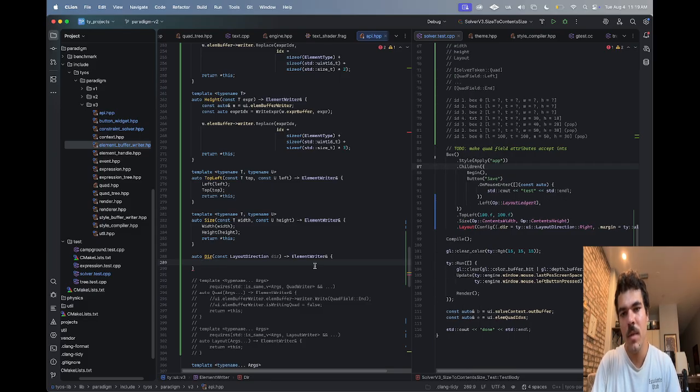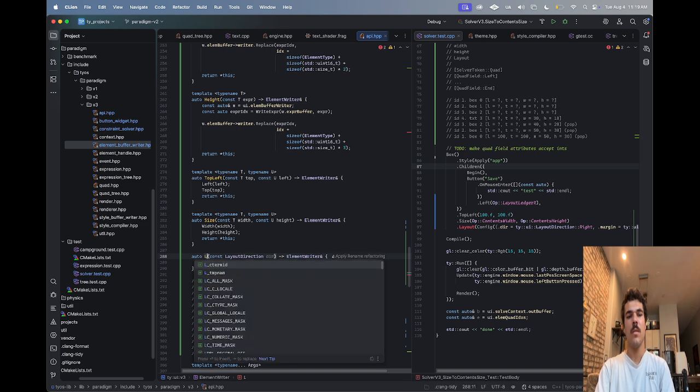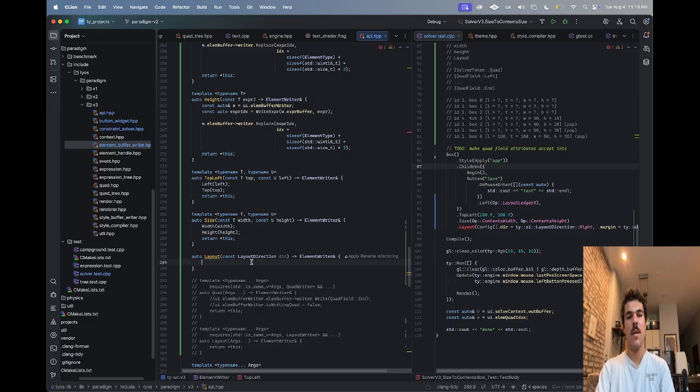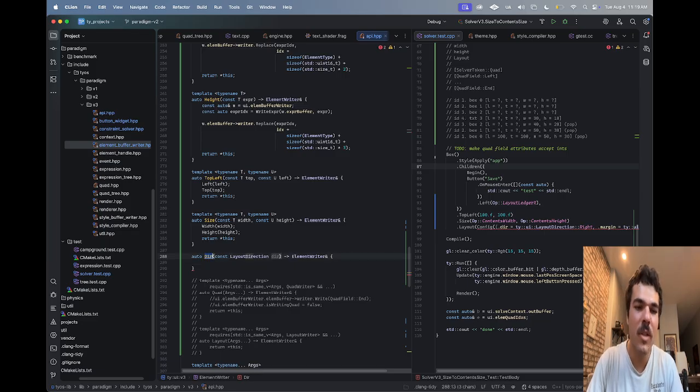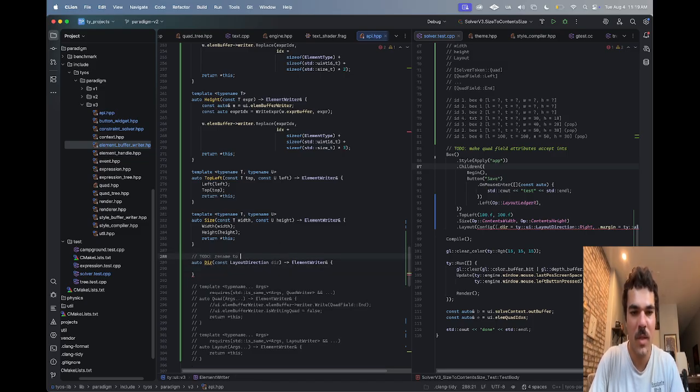Or actually, I might just call it layout because that is really what it is. Layout direction could probably just turn into layout type, but I'll keep it dir for now. But I'm gonna say todo rename to layout